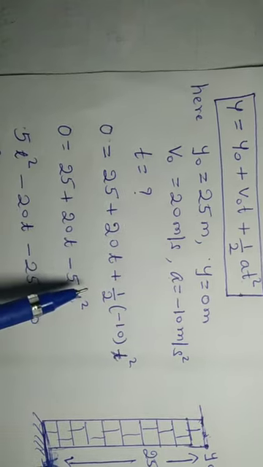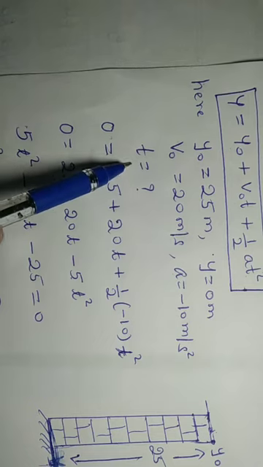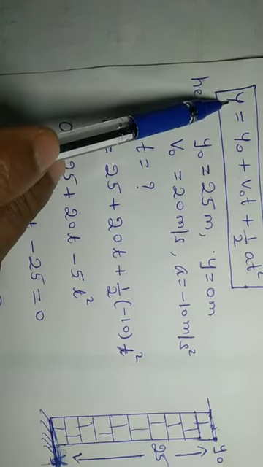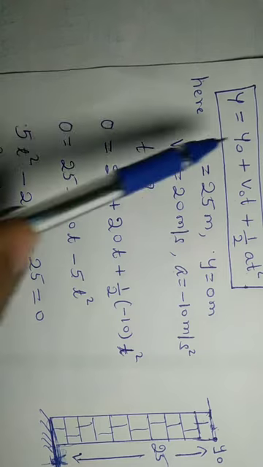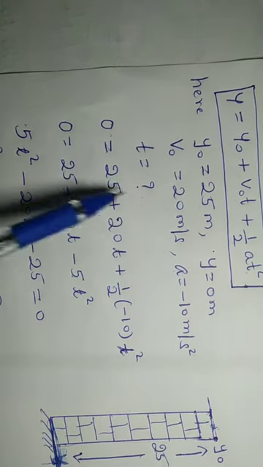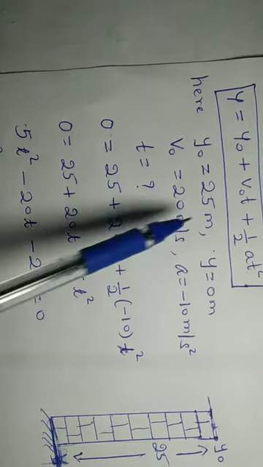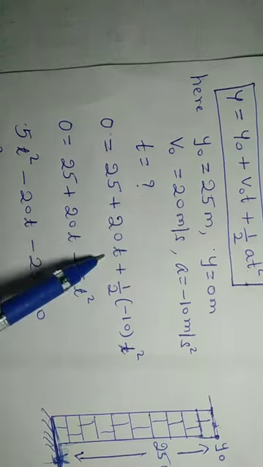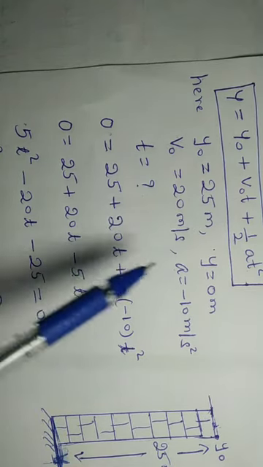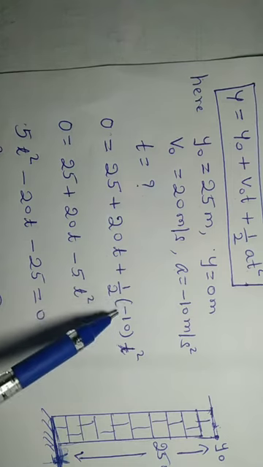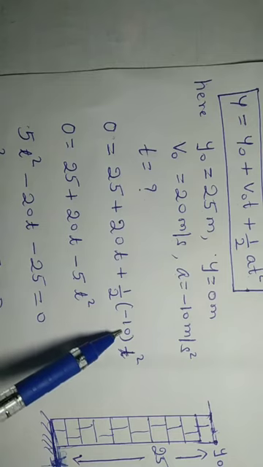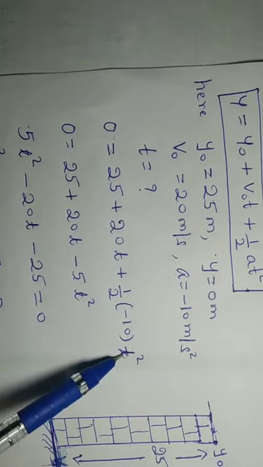Now what do we need? We need the total time of travel, that is t equal to question mark. So you can substitute here. What is the value for y? y is 0. y naught is 25 meter, plus what is v naught? 20. We don't know t, so t stays as it is, plus half into the value of acceleration, that is the value of g, minus 10, into t square.